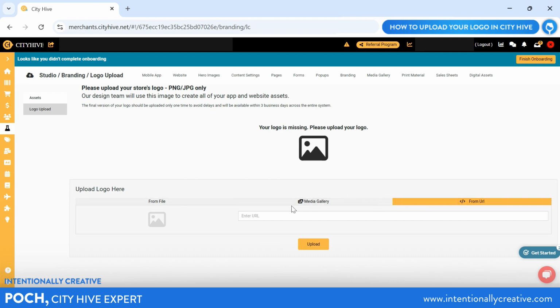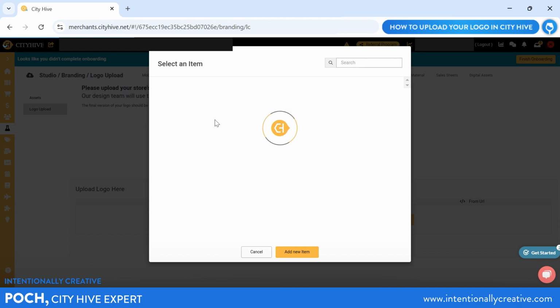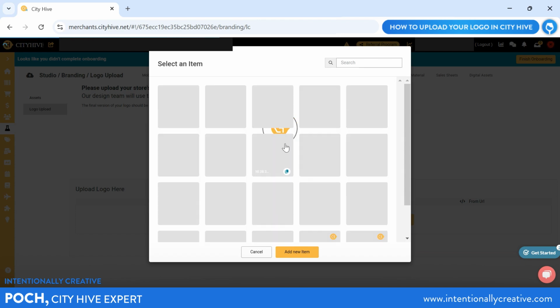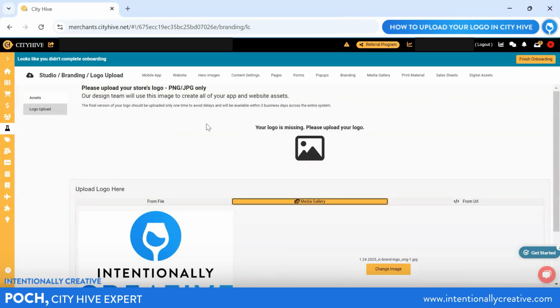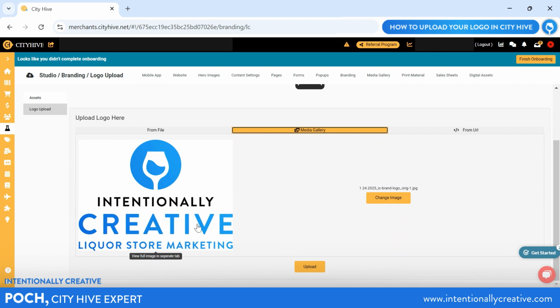From here, we're going to do media gallery because I've already uploaded our photo. And we're just going to choose our logo and voila. So once you're done picking the right logo, just click on upload and that would be the logo that is